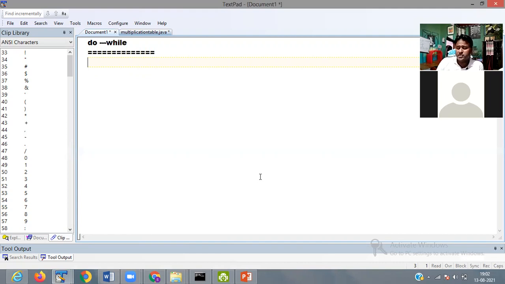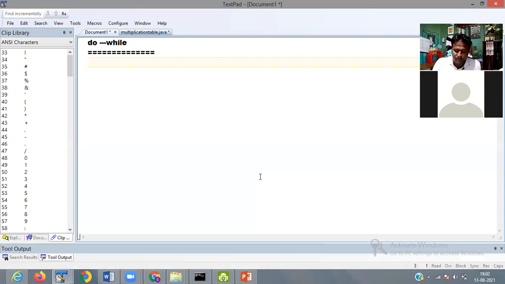In a while loop, if your condition is false, no statement is executed. In a do while loop, if your condition is false, at least one time your statement is executed.